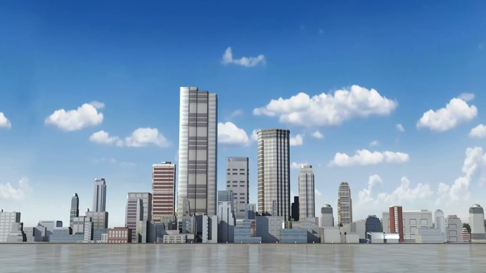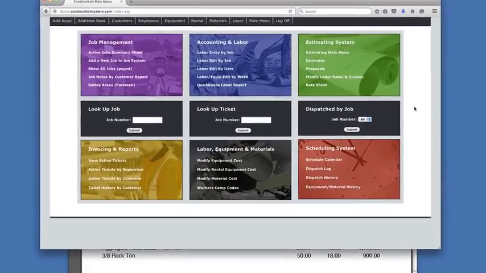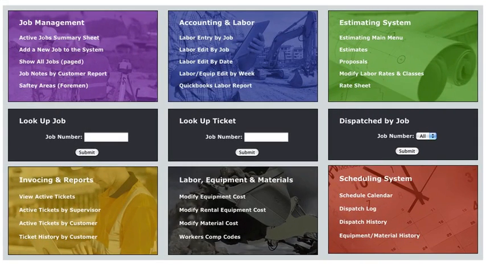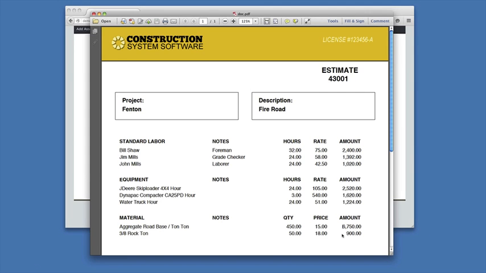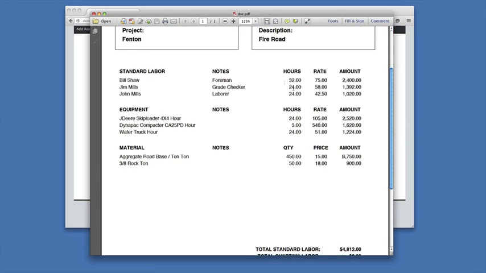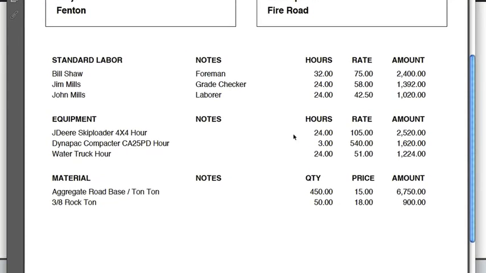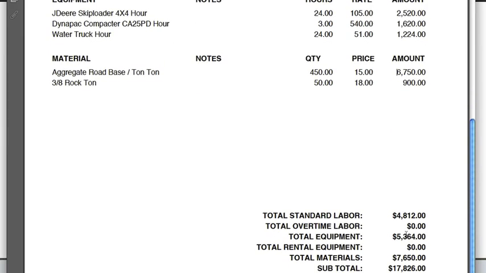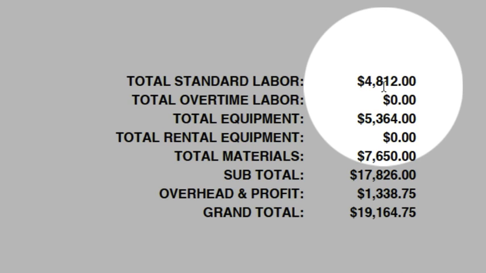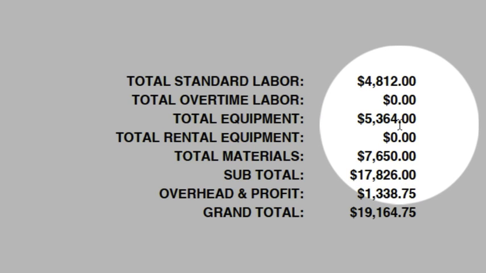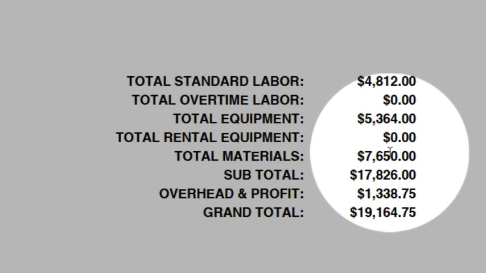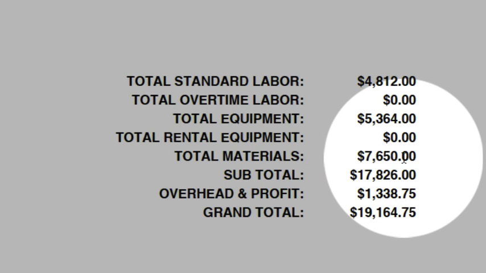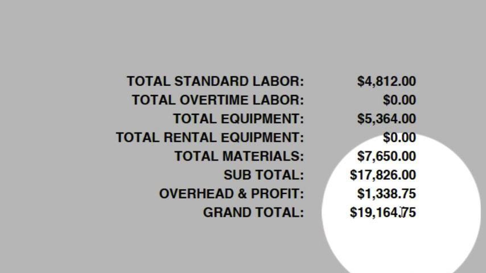Last video we created an estimate for a fire road in Fenton, Michigan, and it took us about 10 minutes. Just as a refresher, we created a PDF, and here's what the estimate looks like. Here we've got these labor hours, these equipment hours, and this material, and it extends down here. We have 4,800 in labor, 5,300 in equipment, no rentals, and 7,600 in materials, for a grand total of